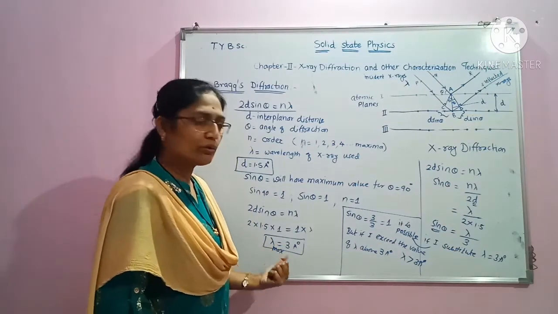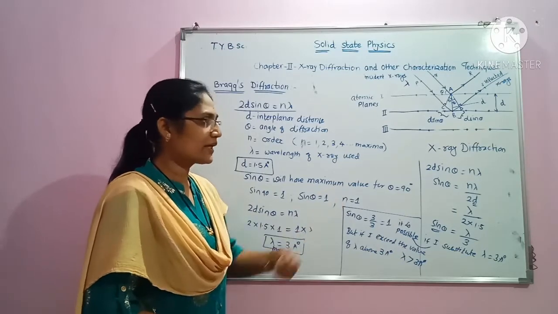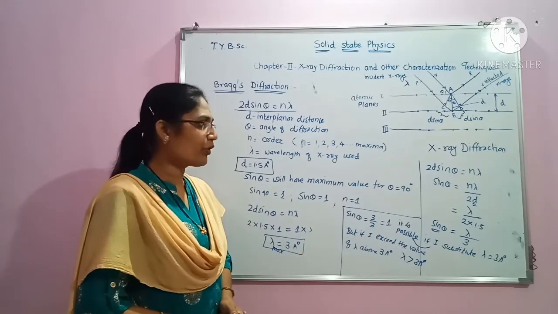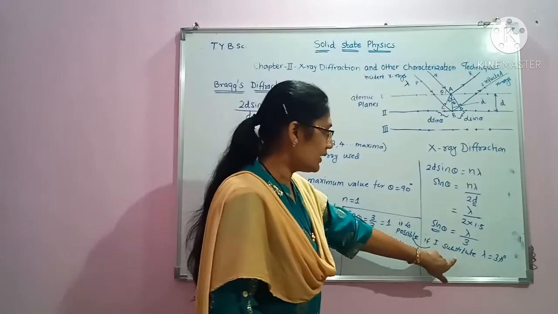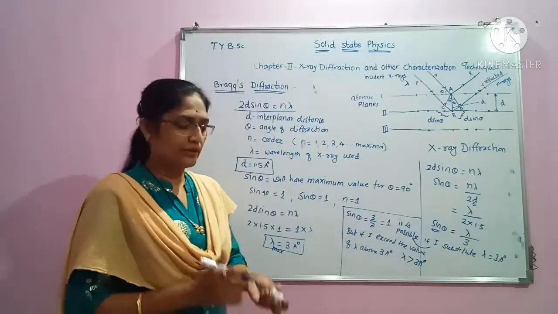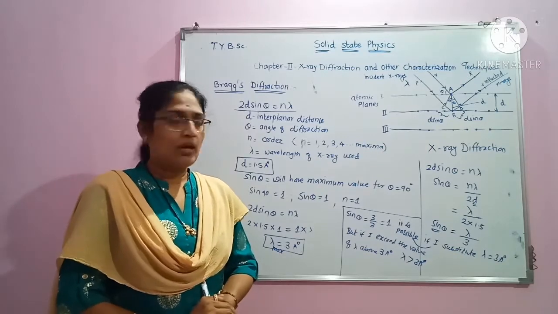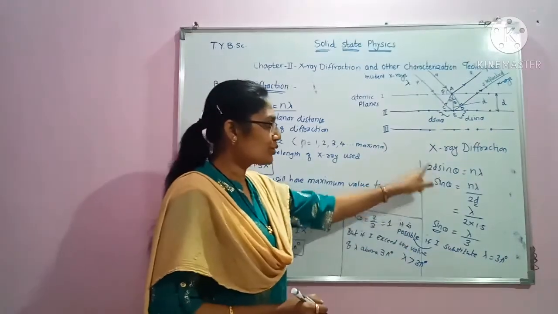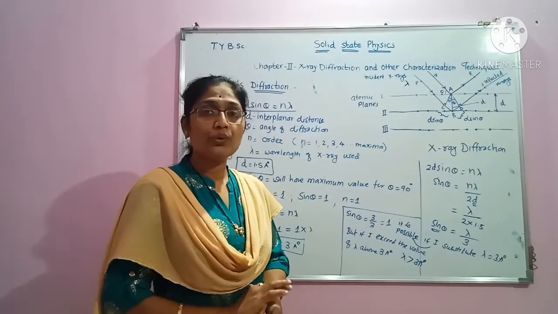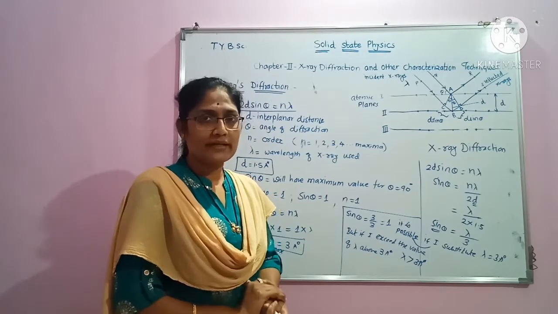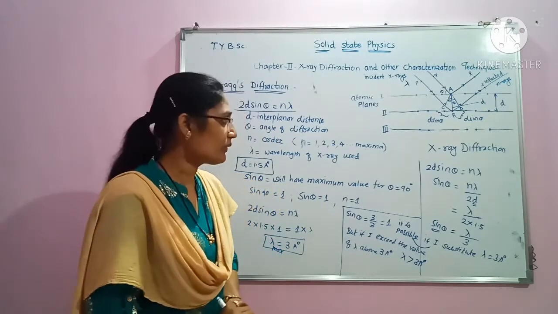And in order to have diffraction, in this case, if d is given as 1.5, then the lambda value should be equal to 3 angstrom, and the d value should be equal to 1.5 or less than 1.5. So